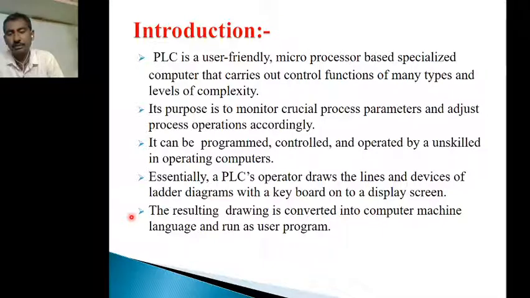It can be programmed, controlled and operated even by someone unskilled in operating computers. That means this PLC can be programmed and operated even by a person who doesn't have any knowledge about computers. Essentially, a PLC's operator draws the lines and devices of the ladder diagrams with a keyboard onto a display screen.